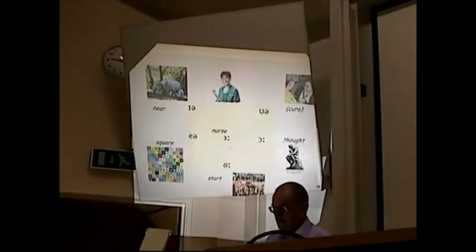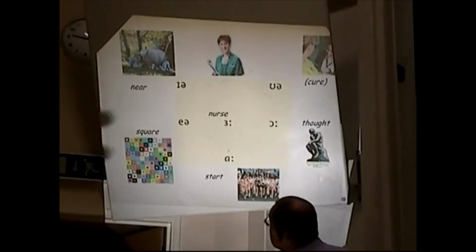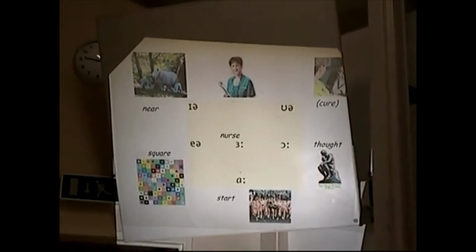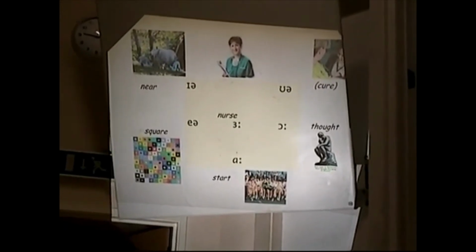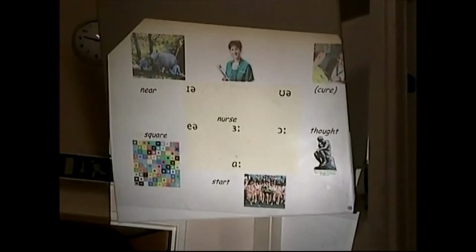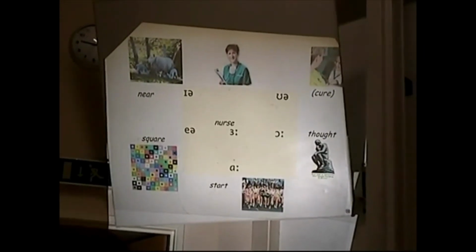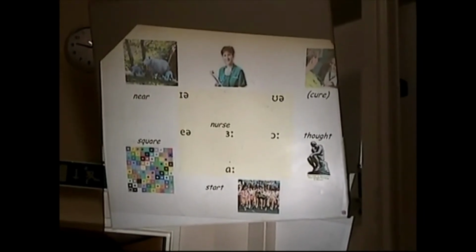We've got one further set of vowels that we have to deal with. And these are the ones that are not moving towards the I or U areas. So we start with the one that's right in the middle, the vowel of nurse. This is a vowel which is in the middle of the vowel area. It's not close, it's not open, it's not front, it's not back. It's the way we hesitate in my kind of English.